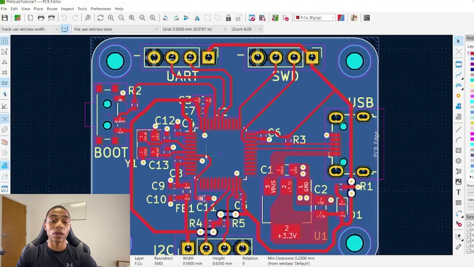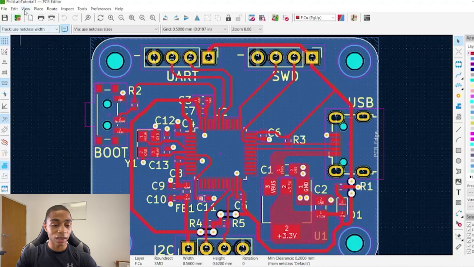So that's everything that I realized while I was following along with the video, when we were doing the route and all that good stuff. I just wanted to go ahead and point those things out. Lastly, I want to show the 3D viewer because I know I spoke on that a little bit in the beginning and we hadn't had a chance to take a look at it. So here is that 3D viewer,